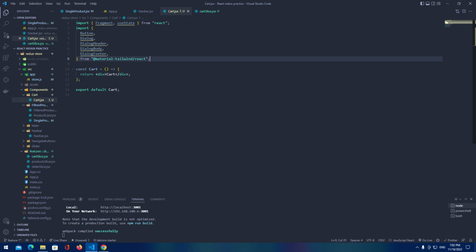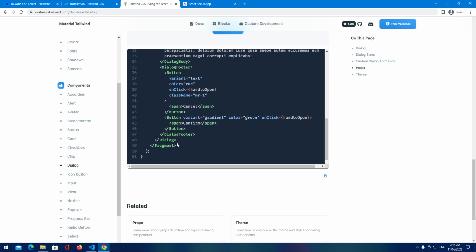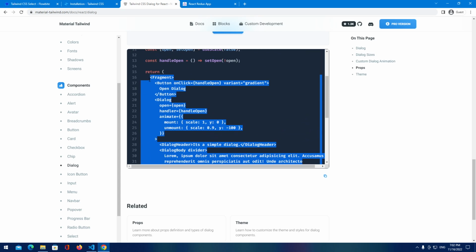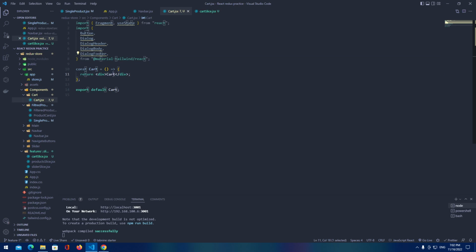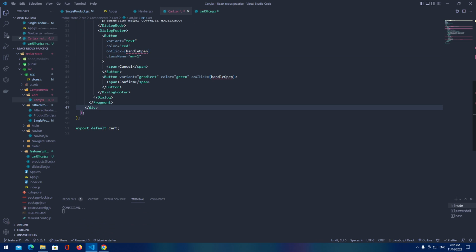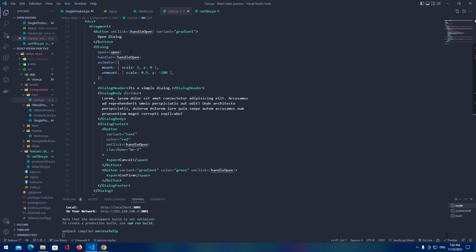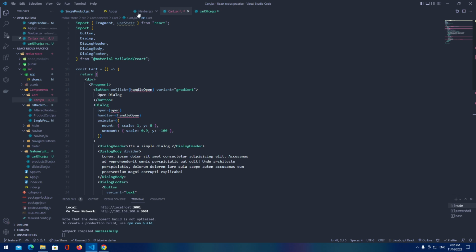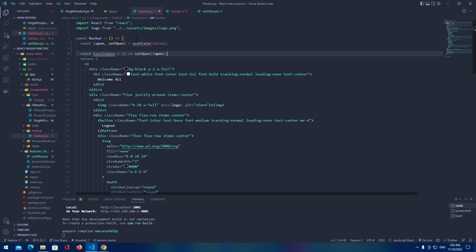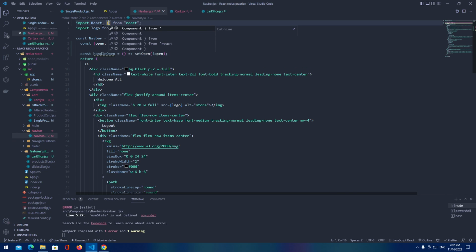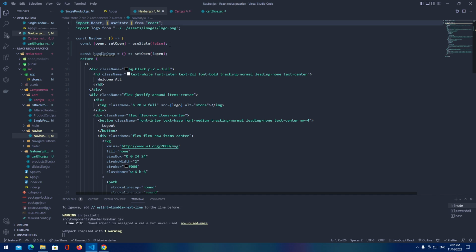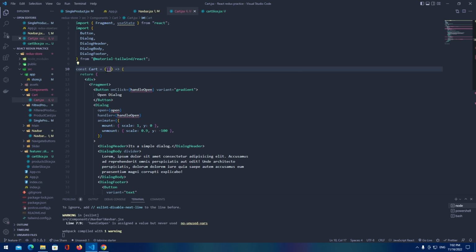Get rid of this. Import it like this. And let's import this whole fragment now. Add it over here. Also, we need that handle open, but we will change that. We are not gonna import that here. We're gonna import that inside the navbar, and we're gonna provide useState because we're gonna access that cart from the navbar. What we're gonna do, we're gonna provide open modal property